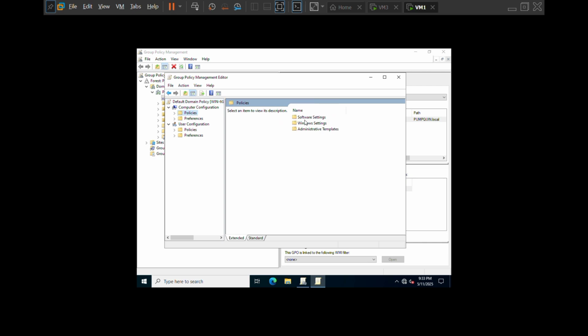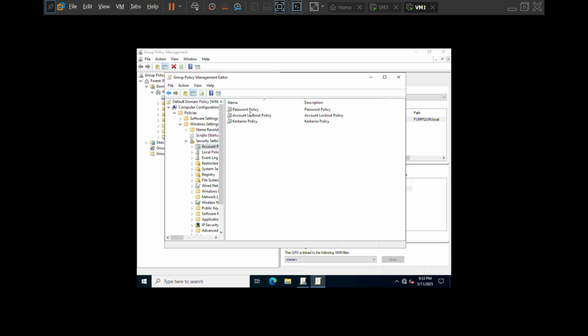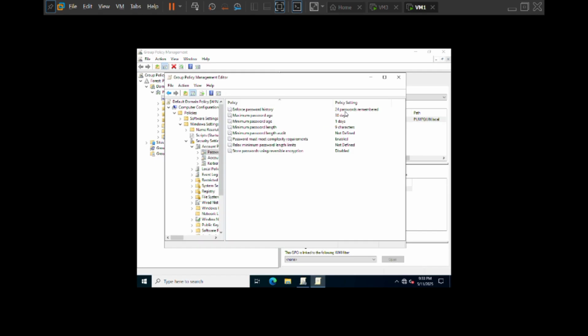First, you go to Computer Configuration, Windows Settings, Security Settings, and Account Policy to reach the password policy settings. It's like the local security settings if you configure it locally, but because we're using a domain controller, we should use the domain Group Policy Editor.